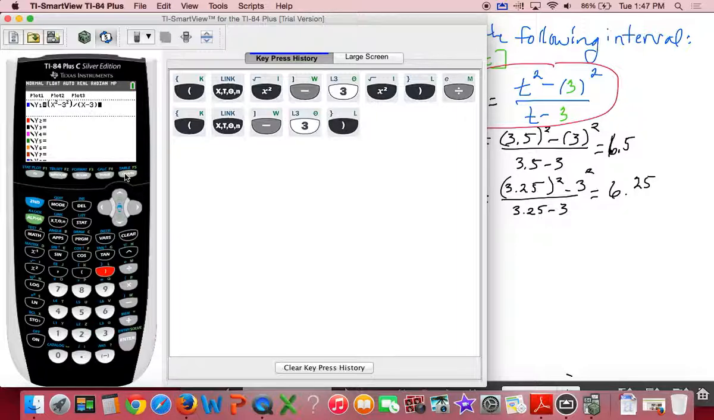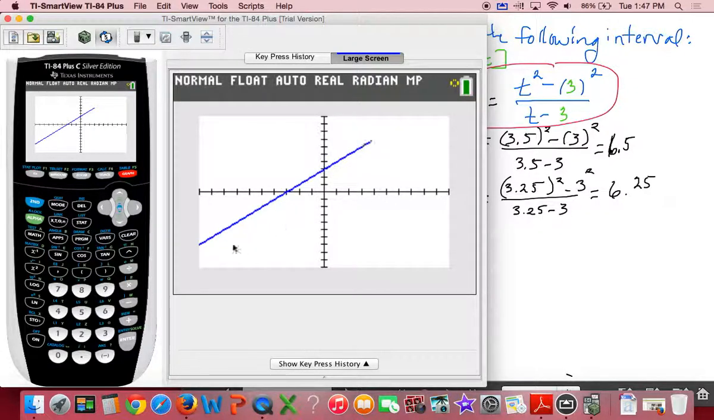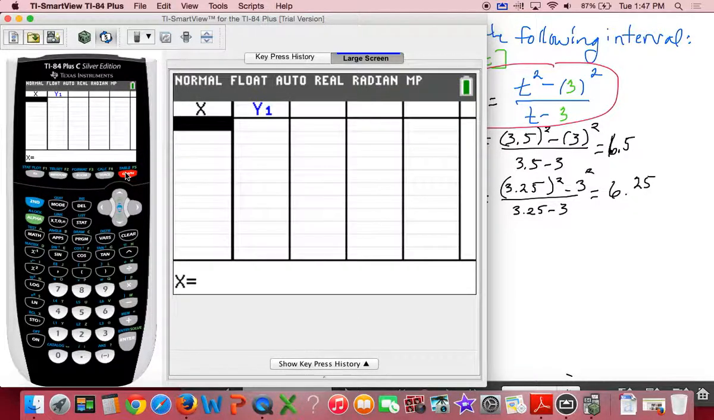And so if you look at the graph, it's actually interesting. We don't really care about the graph for our purposes on here, and let me show you the larger screen. It looks like a line. And we'll come back to this in a minute. I'll explain why it looks like a line and not a curve. But what I really want you to do is go to table. So go to second, table, and I want you to put in the table here the numbers that we just put in. So put in 3.5